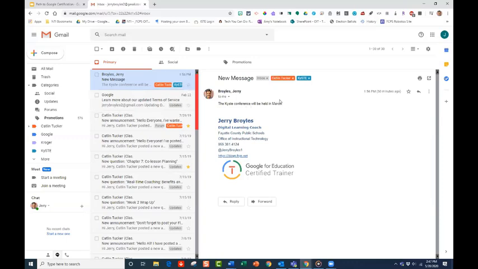Now, one thing that does, when people are doing different trainings with Gmail, sometimes their Gmail looks so different than what I have seen. It's kind of confusing at times. So I'm going to show you what those look like, and I'm going to show you why I'm not choosing those right now. One thing that you can do is you can toggle your reading pane. So if I click on this,